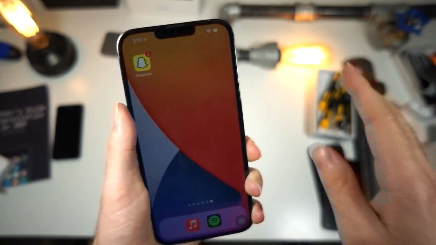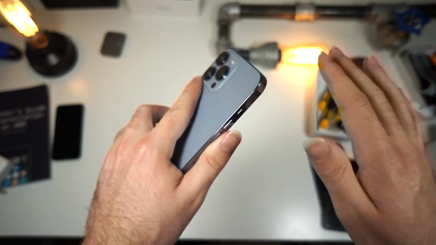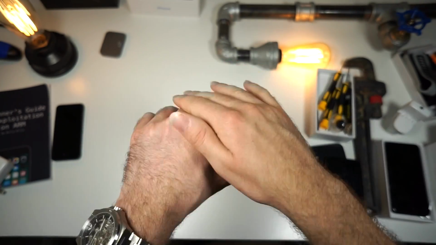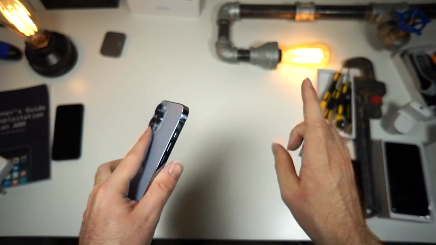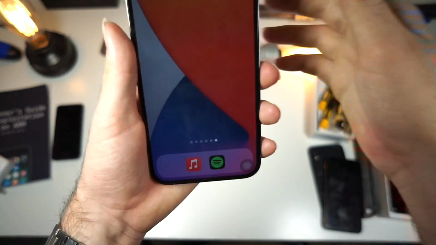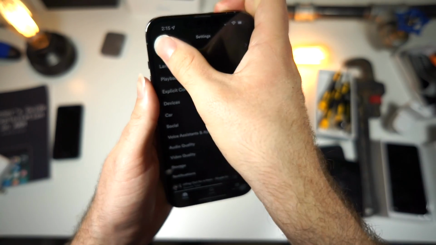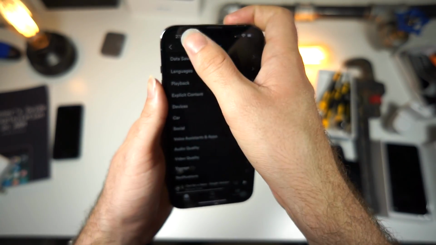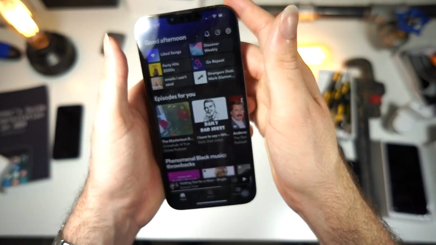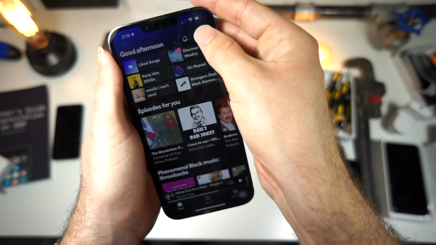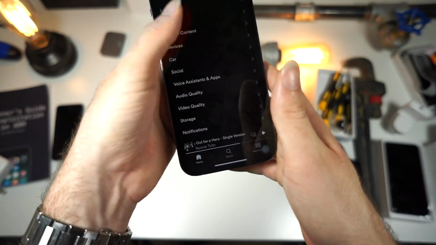You may have seen my last video on how to take Apple Music audio quality to an insane level. This video is intended for Spotify users. So here's what you need to do if you want Spotify to have the best of the best streaming quality possible, and even downloads. So what you want to do is go to your settings inside of Spotify, and once